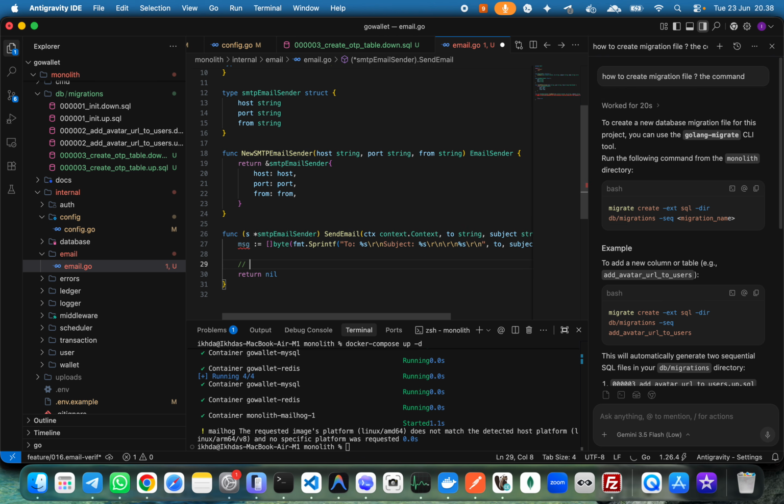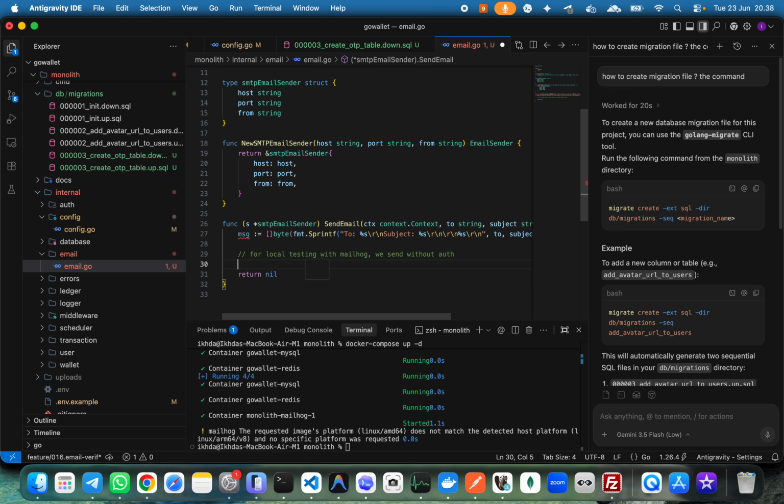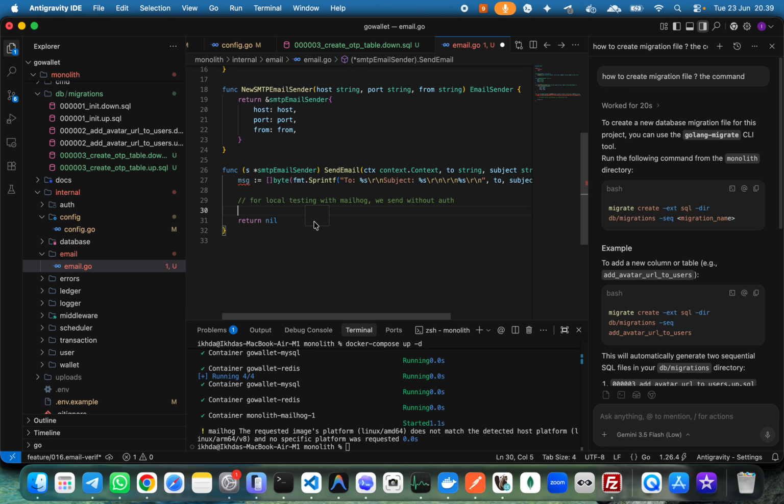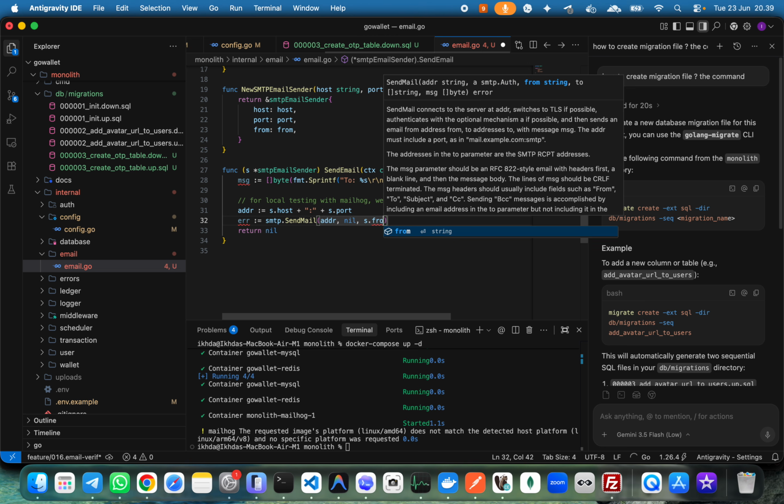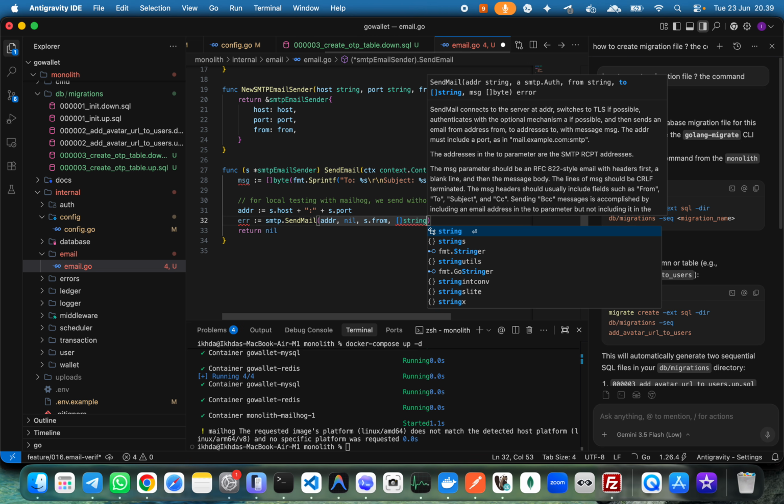Return nil, yeah, and then here for local testing with Mailhog, we send without auth, because if we do with other, not Mailhog, sometimes we need an auth. s.host plus colon and s.port, and err := smtp.SendMail, address, nil, s.from, string to,